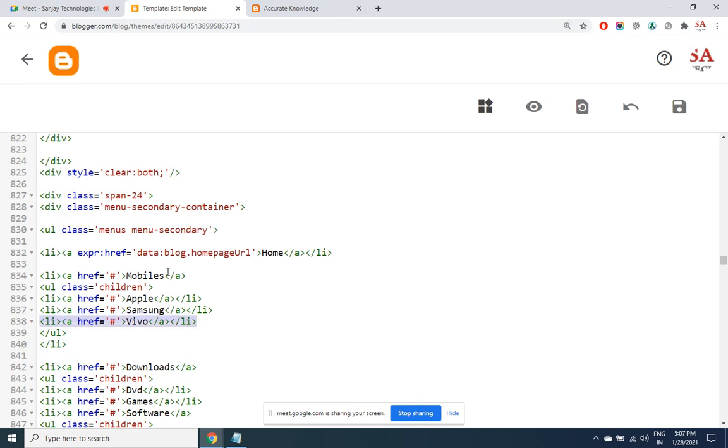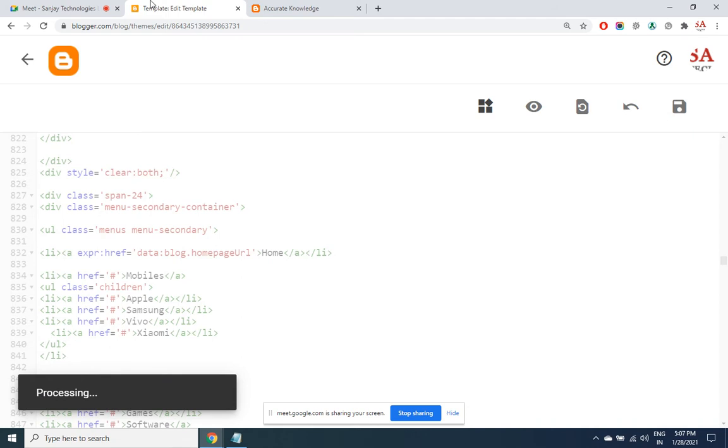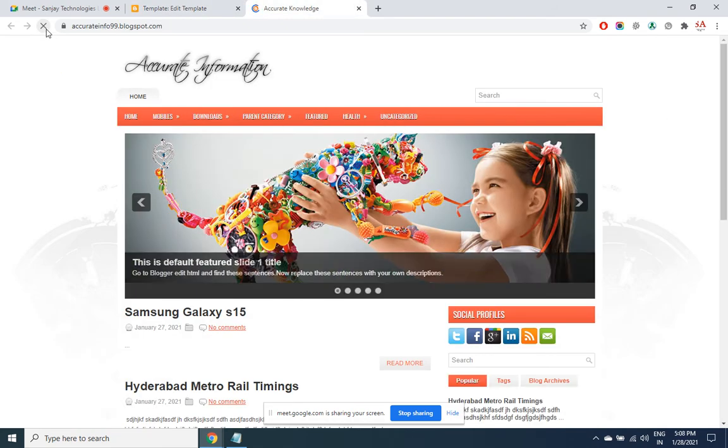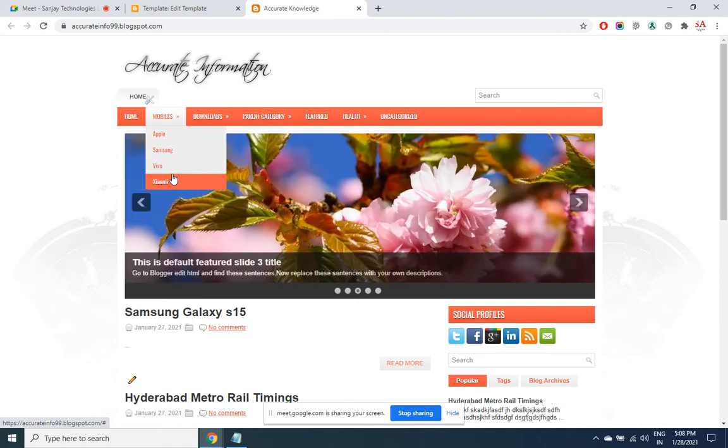Control C in order to copy, Control V to paste. So I want under mobiles, Apple, Samsung, Vivo, and let's say Xiaomi. After I click on save and refresh the page, you'll be able to see the updated menu. So under mobiles, we are having Apple, Samsung, Sony, Vivo, Xiaomi. So exactly what we have put there in the code.